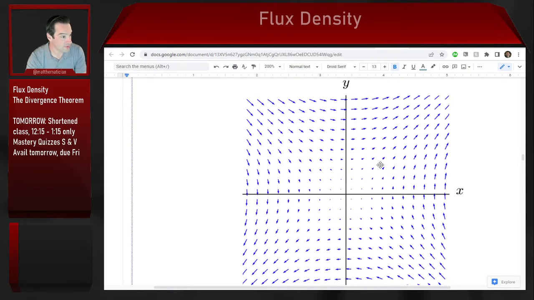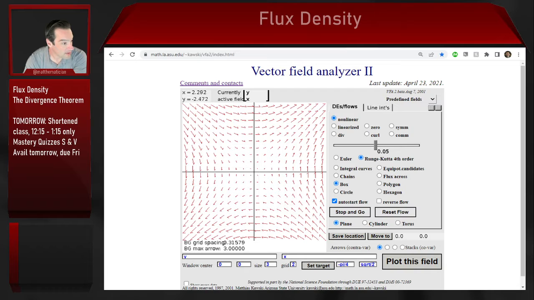But it looks like that one that was circulating before, where it doesn't seem like it's either growing or shrinking area anywhere. So let's suppose that we take a little blob of ink and place it inside of this flow right here. Let's take a look at what happens to the area as it flows along. Well, it's getting scrunched in one direction, but it's getting stretched in the other direction. If we go back to the beginning and slow it down a little bit,